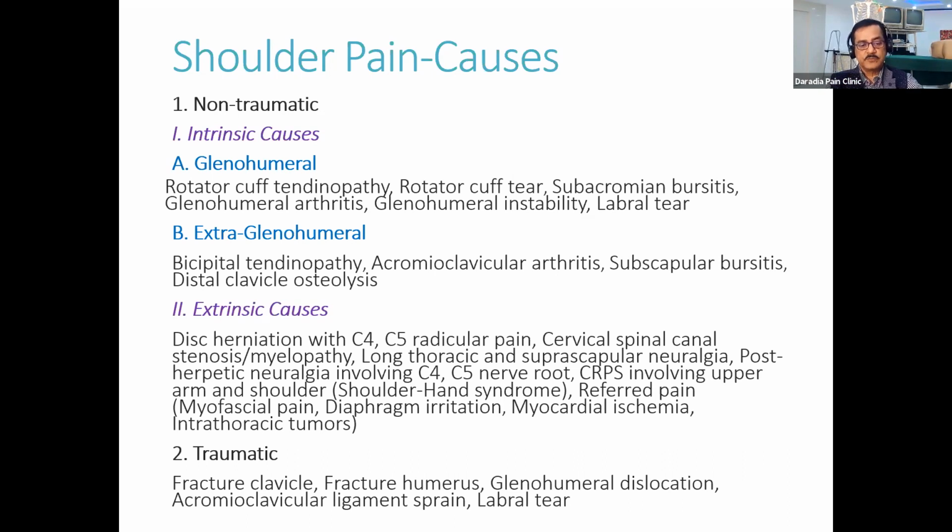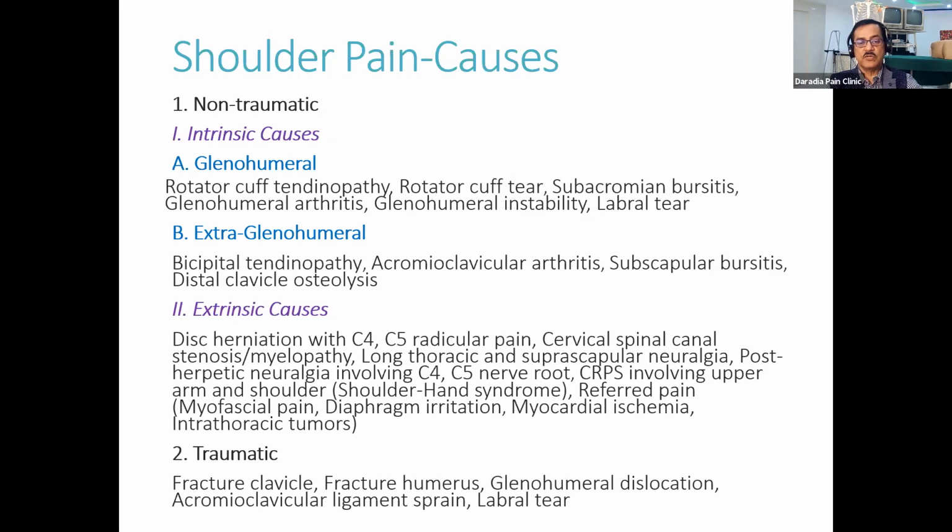There are a few others, just go through those, but these are the referred areas, the extrinsic causes of shoulder pain. Intrinsic cause, the most important is glenohumeral. And in the glenohumeral, what are the causes again? In the glenohumeral joint, we have the rotator cuff. Glenohumeral arthritis is the less common cause. You have to remember that. Like the knee joint, where the commonest cause is osteoarthritis of the knee, glenohumeral joint osteoarthritis is not that common.